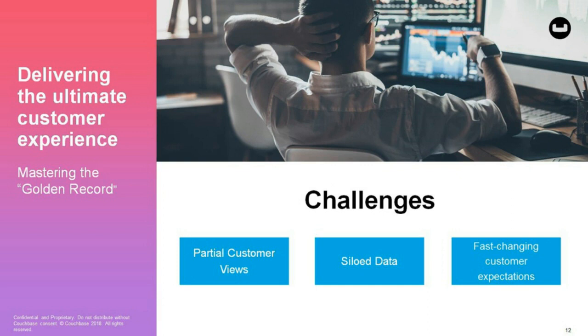Next is siloed data. So managing data in disparate systems makes it really difficult to access and integrate data. And as data sets emerge from increasingly varied sources and grow larger, capturing and storing that data in multiple locations becomes even more challenging. And then last, you have fast-changing customer expectations, which shouldn't be a surprise to anybody. These new technologies are leading to fast-changing customer expectations, which means new unstructured types of data are being generated on the fly and have to be both captured and added into existing business and data models.